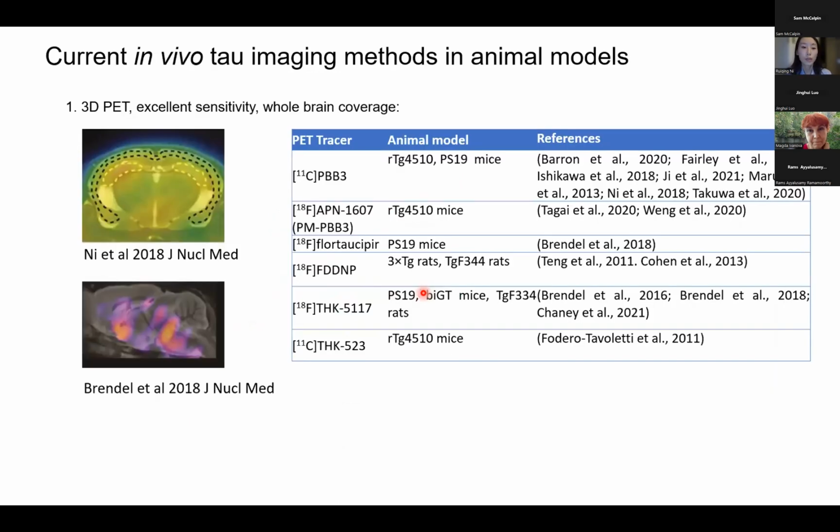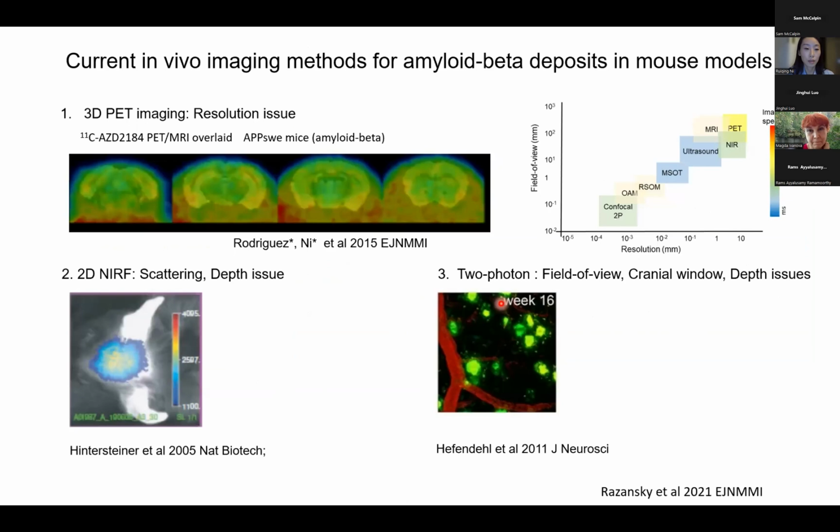Yeah, so we also work on tau imaging by using PBV3 in the RTG4510 and PS19 mice. In addition, there are other probes being used, such as the THK compound and also florbetapir, as well as in rat models recently. So for the tau imaging, we think,